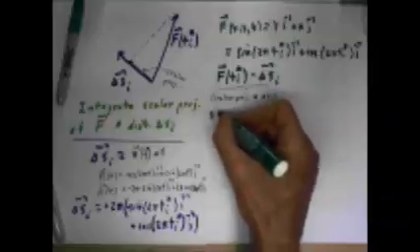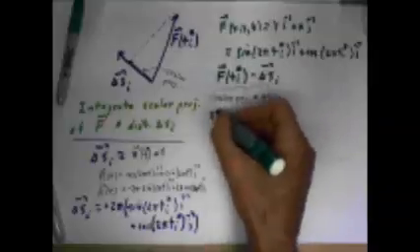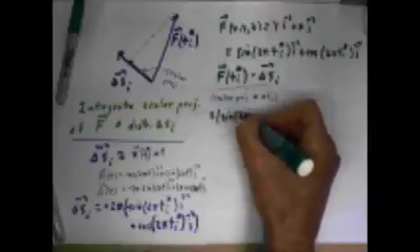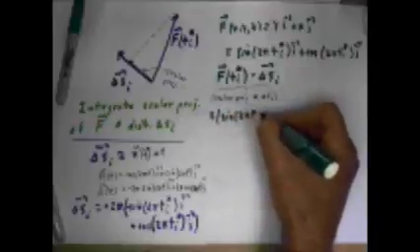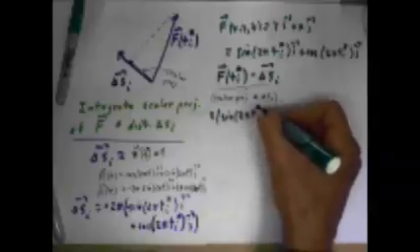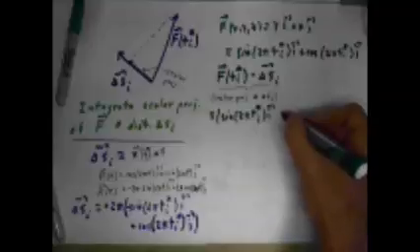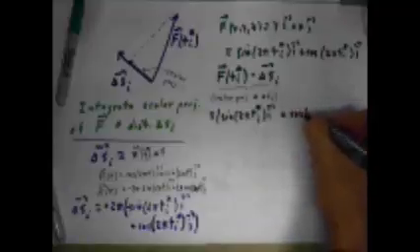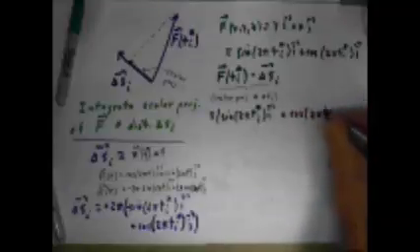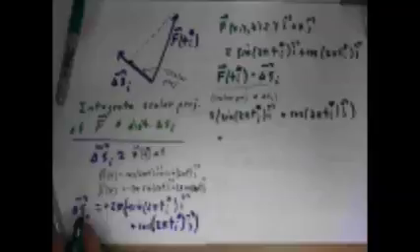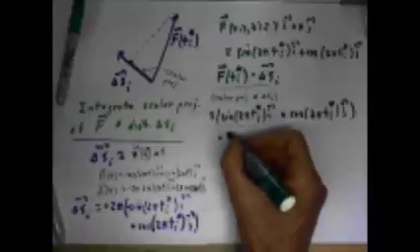The f, which is the sine of 2 pi t_i star times the i vector, no way it's going on one line, but plus the cosine of 2 pi t_i star times the j vector, dotted with our delta s_i vector, which is 2 pi,